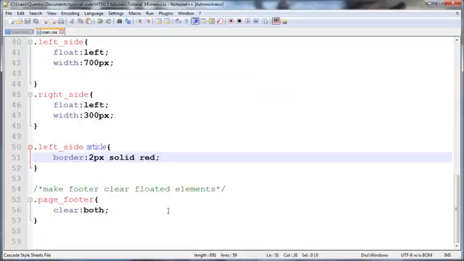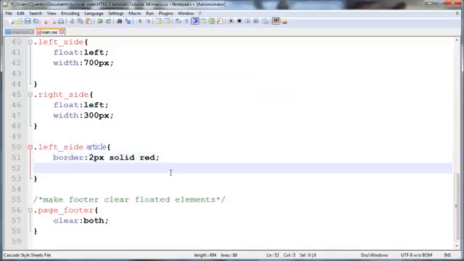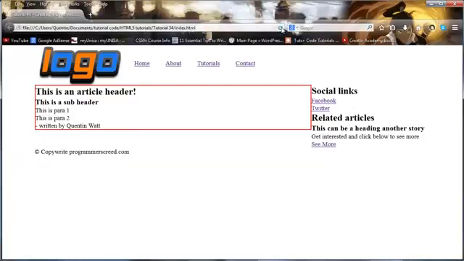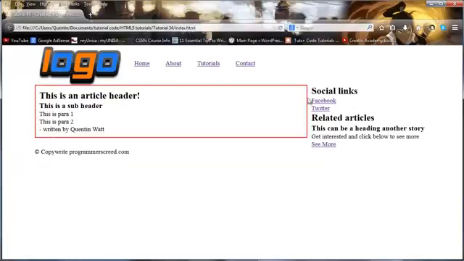So let's go ahead and continue making sure that this is safe. Let's add a margin on the right of, let's say, 10 pixels, and we'll also give this a padding of 5 pixels. Okay, in fact, let's make a bigger padding of 10 pixels. So when we save this now and click refresh, you can see we now have that extra bit of space